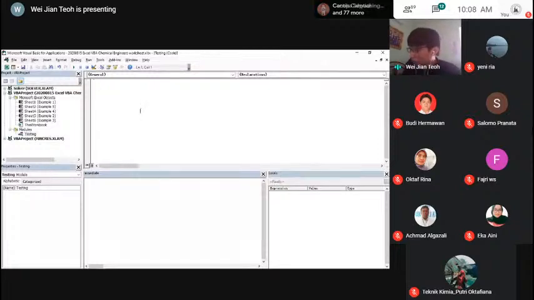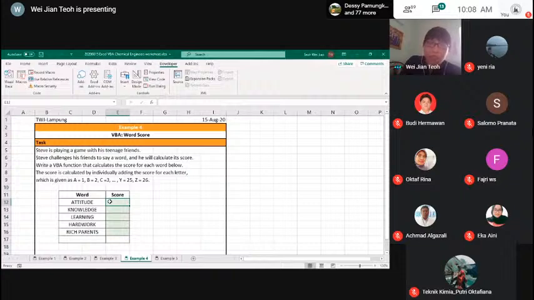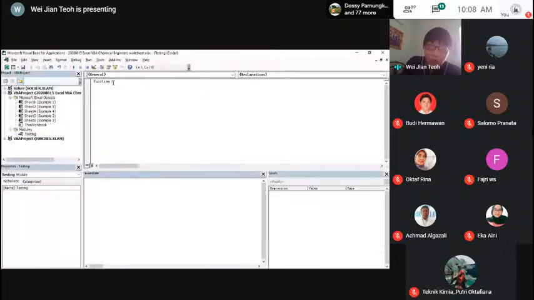Let me see if there are any questions here. No questions, so I'm going to proceed. Okay. I'm going to use what I call a function, because I have input and output. In this case, the input is this word, and I want the score as output. So I have input and output. This is a function, so I use the keyword Function. I'm going to call it, let's say, WordScore. Close bracket, enter. So I get a new function.